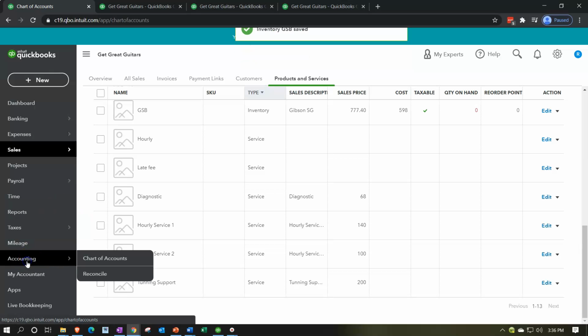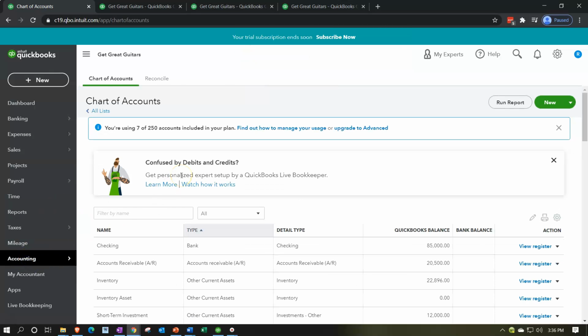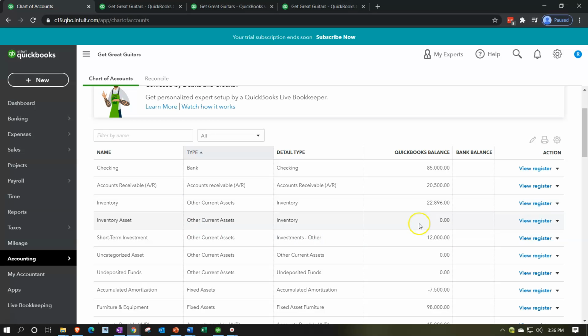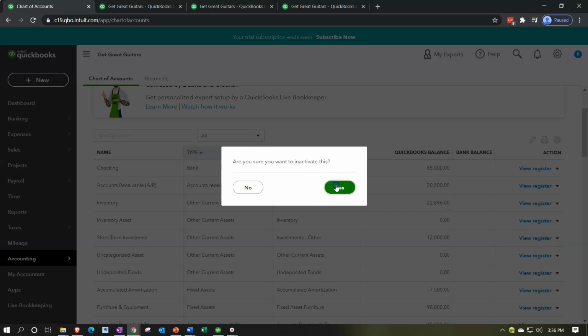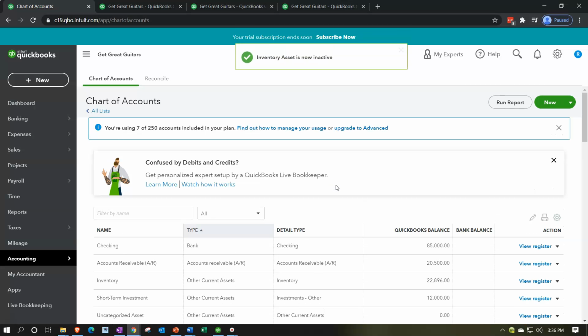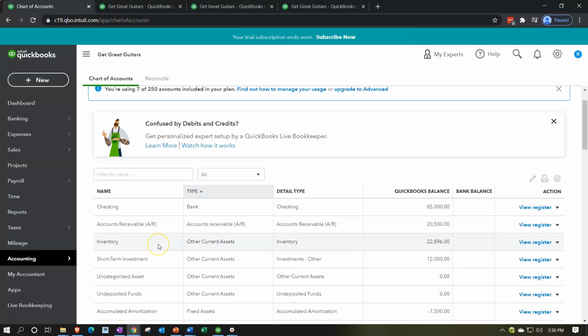And then I'm going to go back to the accounting tab and see if I can delete the inventory or if there's something else pointing to it. So I'm going to hit the drop down and make it inactive. Are you sure? I'm going to say yes. It allowed me to make it inactive now. So now we only have one inventory account. The product is going to the one inventory account. If you have it going to two, you can do that, but I'd rather have it all going